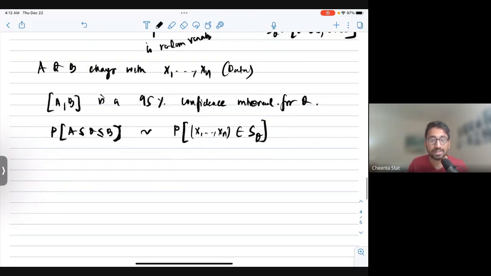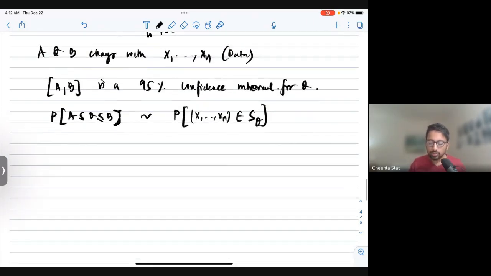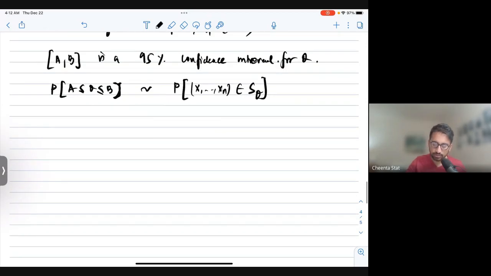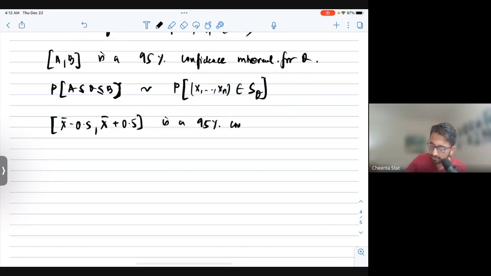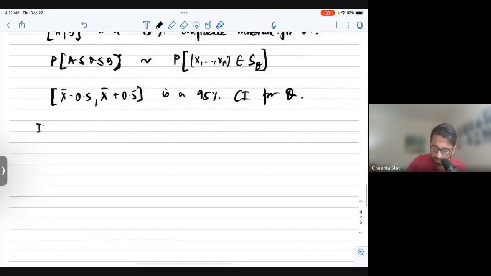So what does it mean? Let's say you got that the confidence interval for θ is this. This is a 95% confidence interval for θ. I will call it CI. It means that if you repeat the experiment,